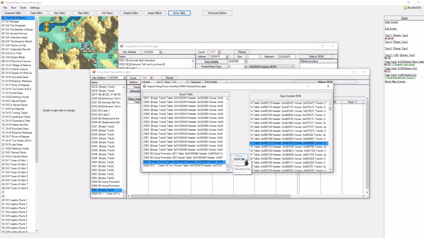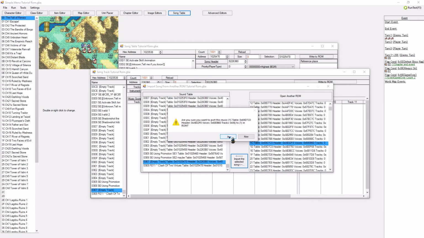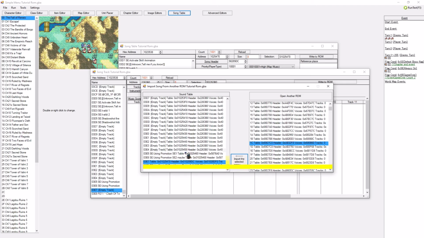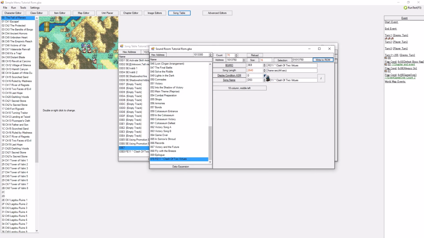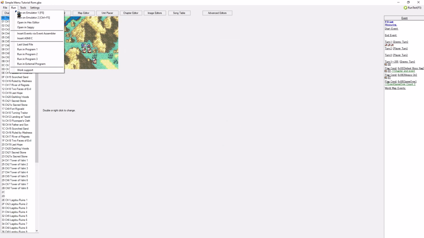So we're going to just click on this button and just say, yeah, sure. And what will happen is now FEBuilder took Rise to the Challenge, hopefully, from Fire Emblem 7 and put it inside of our ROM with instrument set and all. So if we quickly go to the sound room editor and instead change this to 3E7, just listen if it worked out. If we open up the ROM again,